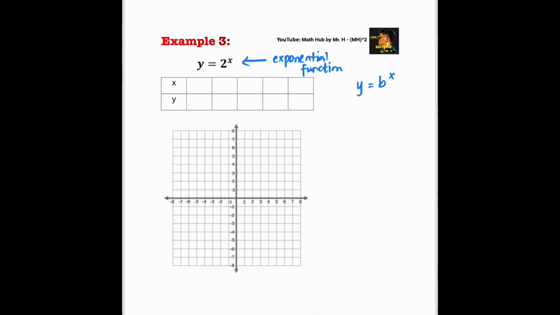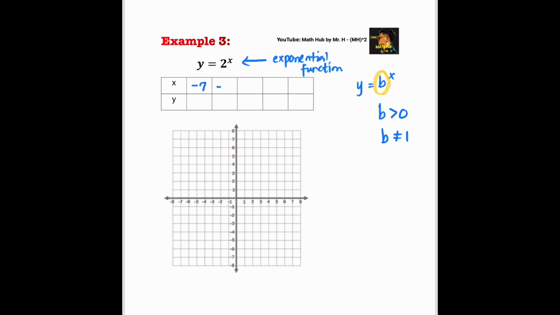But then the restriction here is for the base, this one. The base, or b, must always be greater than 0, and b must not be equal to 1. Because if the base is 1, definitely you will always get a number that is 1. 1 to the power of -2 is going to be 1. 1 to the power of 0 is going to be 1. 1 to the power of 1000 is going to be 1, right? And for this example, I would like to pick